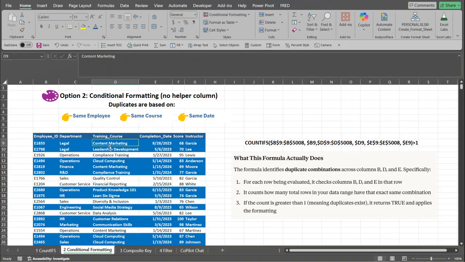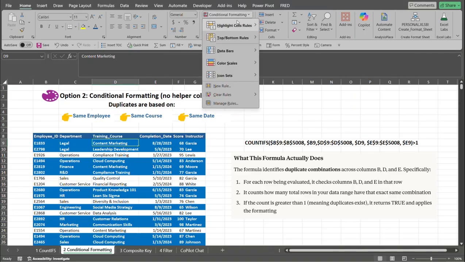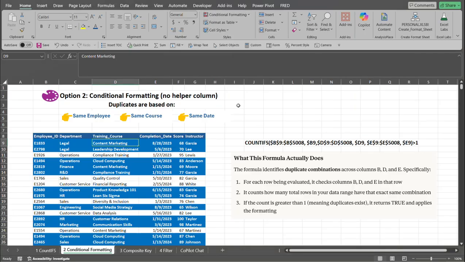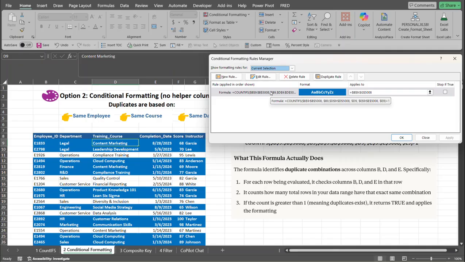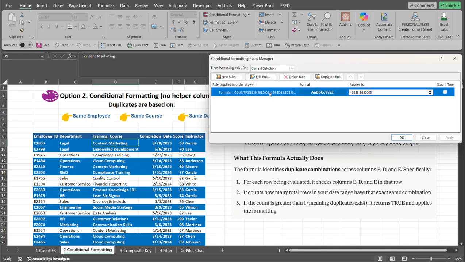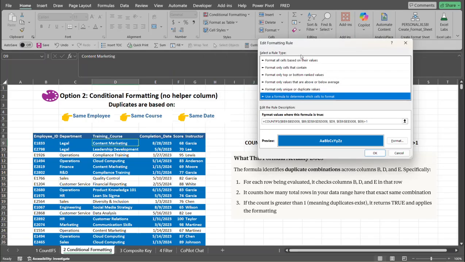So in other words, how do we set up conditional formatting? If we go up to the Home tab, Conditional Formatting, I already set it up. I said Manage Rules, and this is the formatting one. We're going to select it and edit. So we want to go over to use a formula to determine which cells to format. So in other words, this formula right here, we'll go through it again. If it's greater than 1, that means it's going to apply this format. So if we select that,